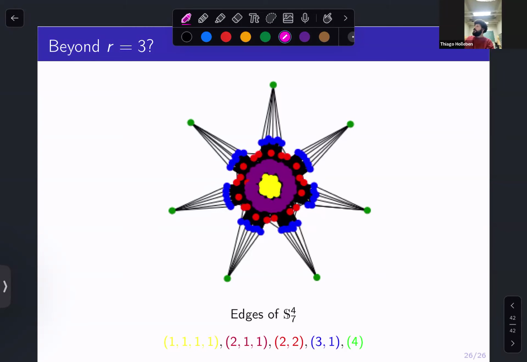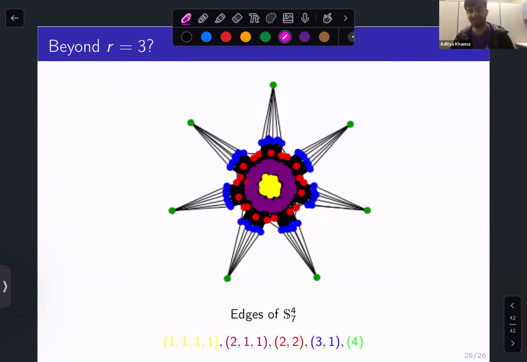So I'm not sure it fails, because we don't really understand what's going on with the partitions. For 3, we were able to use the partitions because we only have 3, so we were able to use them to study the faces and so on. For higher R, it's not really clear. We have a bunch of things that we know are faces, but the hard part is proving that you don't have more faces, right? That's kind of the hard part.